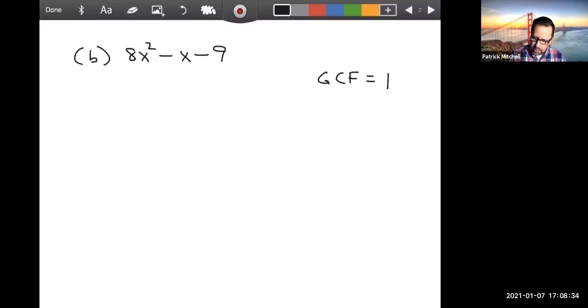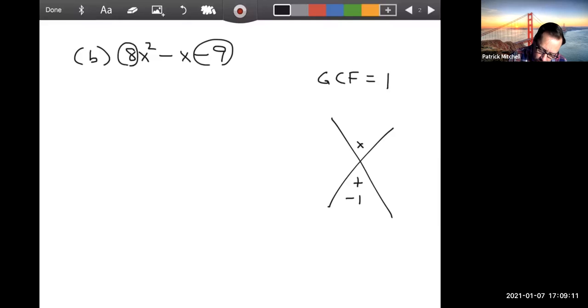And for some reason, I see a lot of people make a diagram like this. So hopefully this looks familiar if you've taken algebra before. What I'm doing at this step is I'm thinking up 2 mystery numbers. These mystery numbers have to add up to -1, because that's the coefficient on the middle term. And they have to multiply not to -9, but to the product of 8 times -9, which is